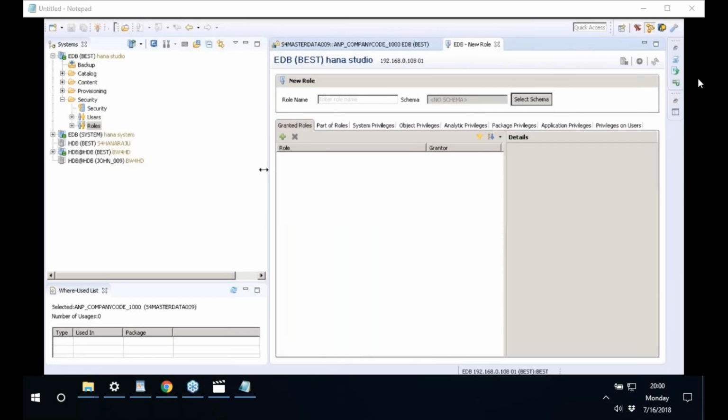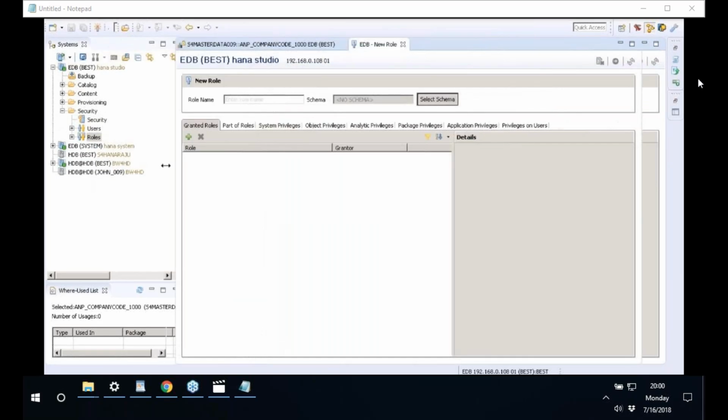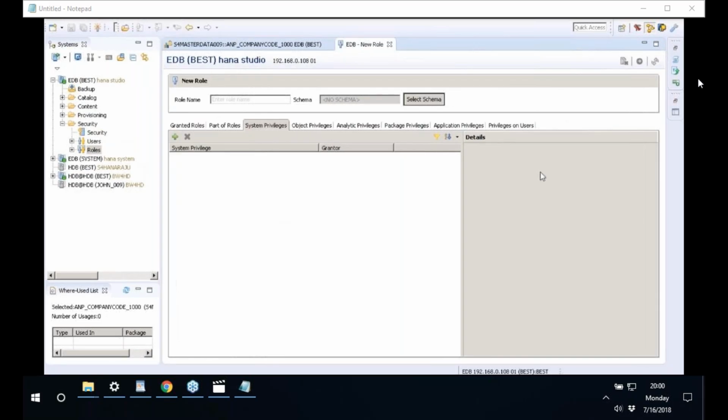So here we can see system privilege, object privilege, analytic privilege, package privilege, and so on. Now, what package would I like to restrict to? This is the package S4 master data 009. So click on this plus icon,